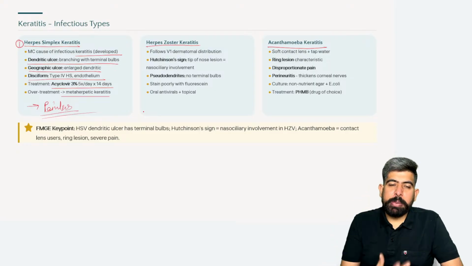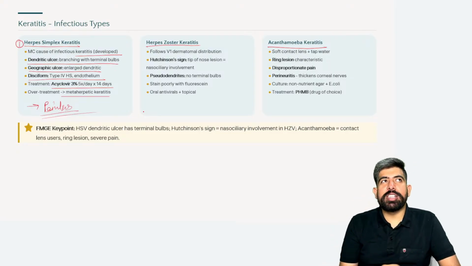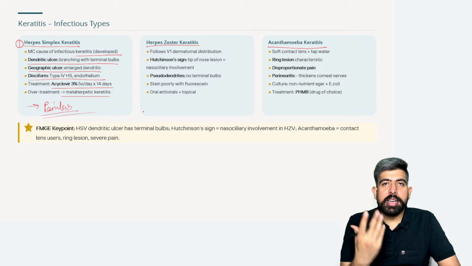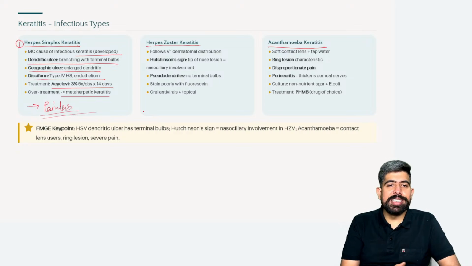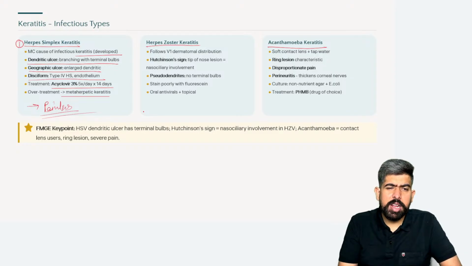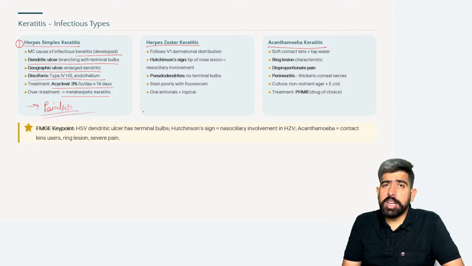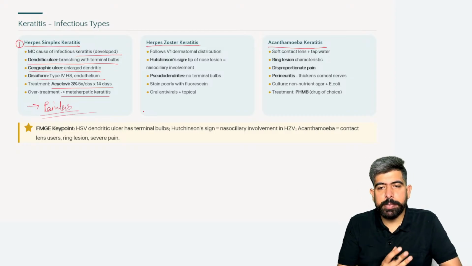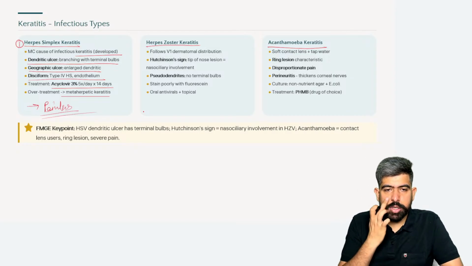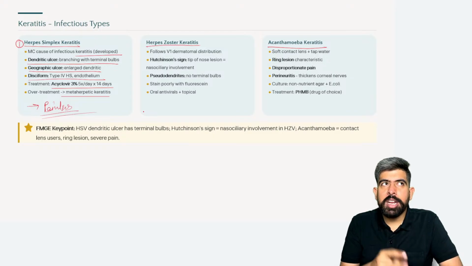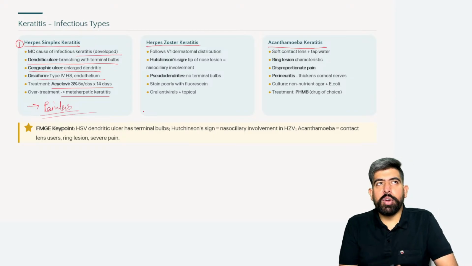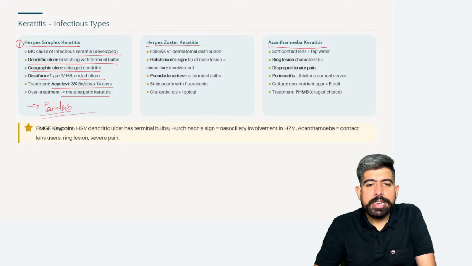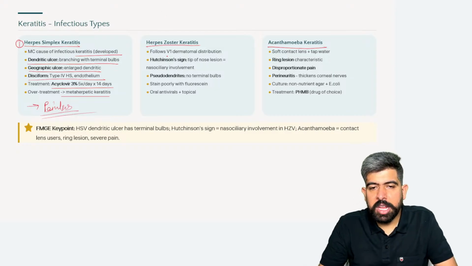Okay, so if it is painless, when will the patient come? When the patient is having blurring of vision or visual disturbance in herpes simplex keratitis, the patient can come to visit the ophthalmology clinic, right? So this is about herpes simplex keratitis. Please remember, the treatment should be acyclovir 3% eye ointment five times a day, given for 14 days. Next, herpes zoster, it is followed by the